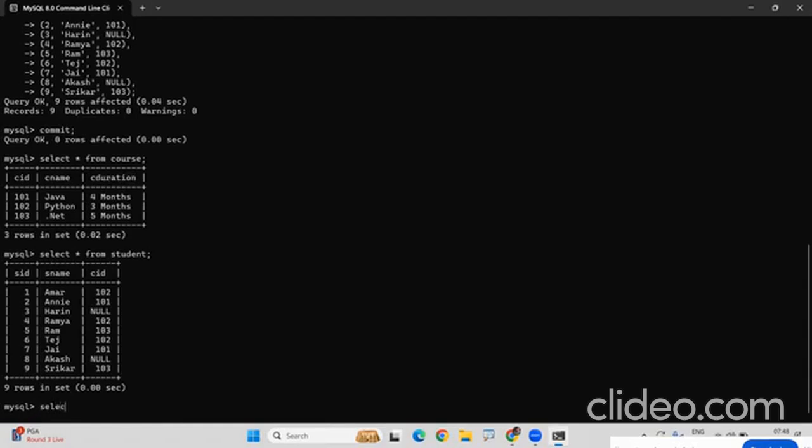Look at this. Select, from the student table, student ID, comma, from the student table, student name, and from the course table, course name, and from the course table, course duration. These are the four columns